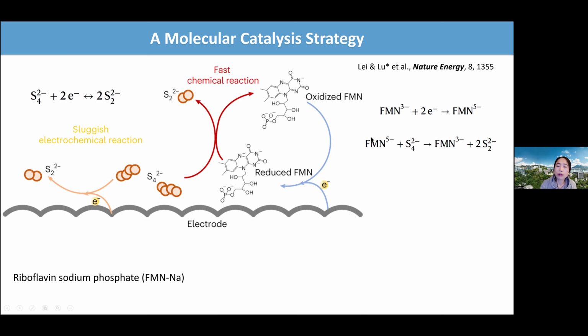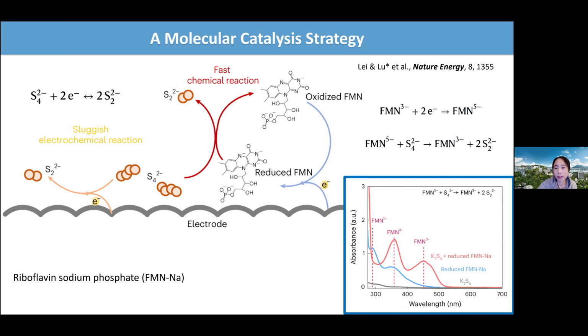Through this cycle, the oxidized FMNA can go back, continue to receive electrons from the electrodes, and then chemically reduce S4 2-. So this is a very simple scheme to essentially convert the sluggish electrochemical reaction to a very fast chemical reaction with a fast redox